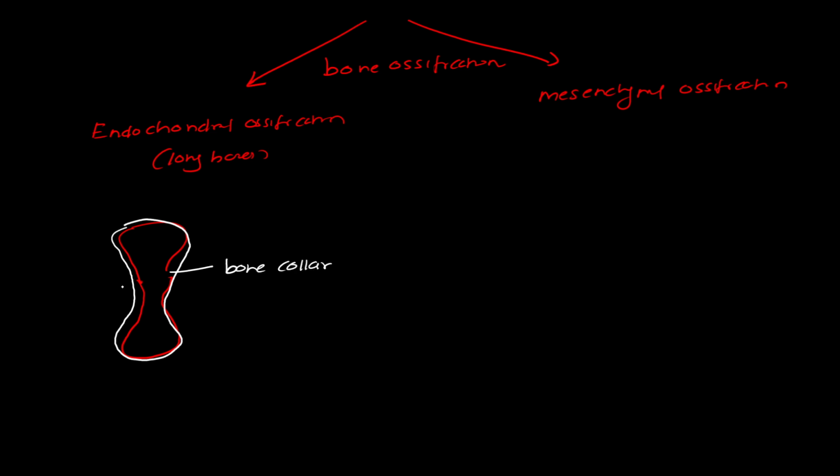The bone collar will limit the amount of blood flowing into the inner regions, since it is very solidified. Therefore, the inner area, usually the chondrocytes, are deprived of blood. Therefore, it starts to degenerate. And with the degeneration,